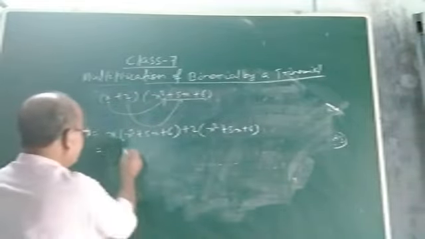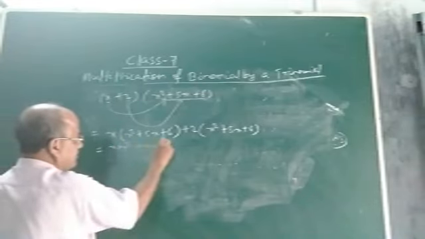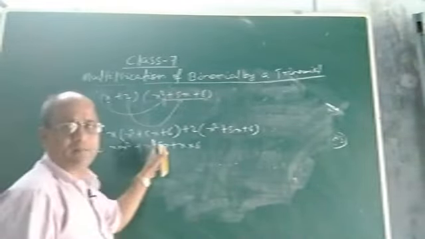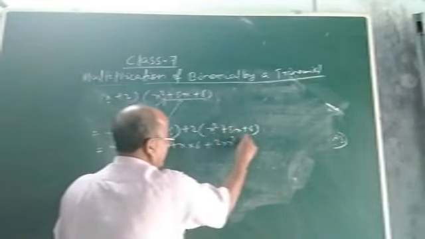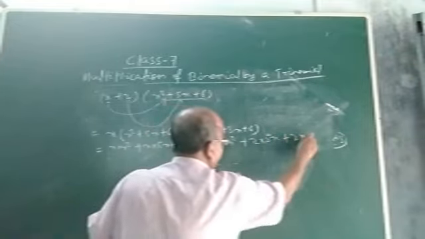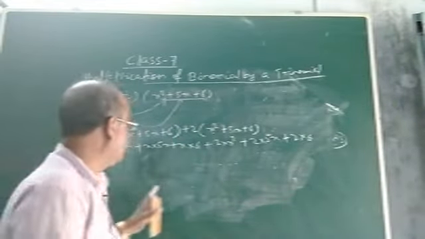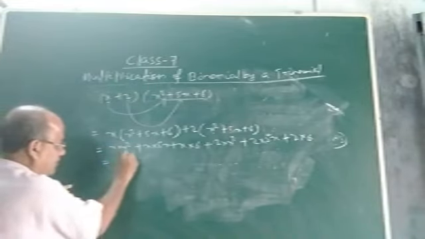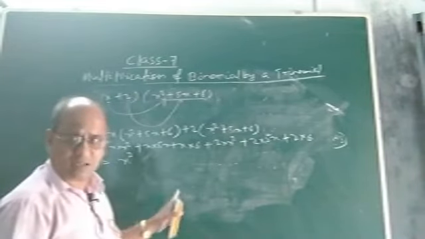You know the process. So you see x into x square, then plus x into 5x plus x into 6. See, now the multiplication of the monomial by the trinomial is over. Then plus 2 into x square plus 2 into 5x plus 2 into 6. I multiplied 2 by each term of the trinomial. So what will you get? You see, now x multiplied by x square. Here it is 1 time, here it is 2 times. So it will be 3 times. 3 times x will be multiplied. That means x to the power 3 or x cube.